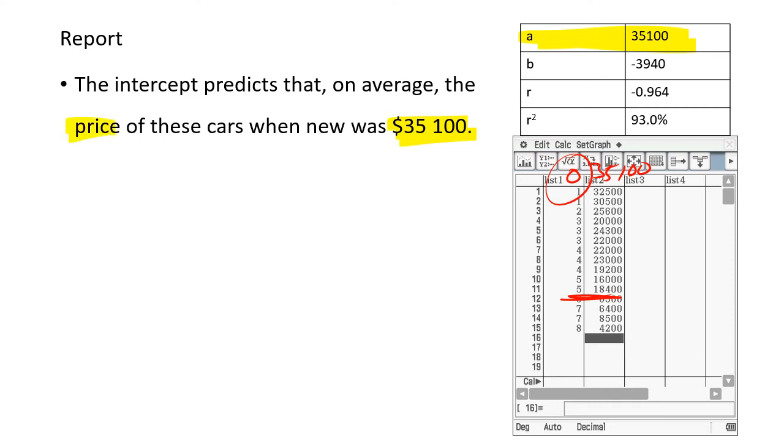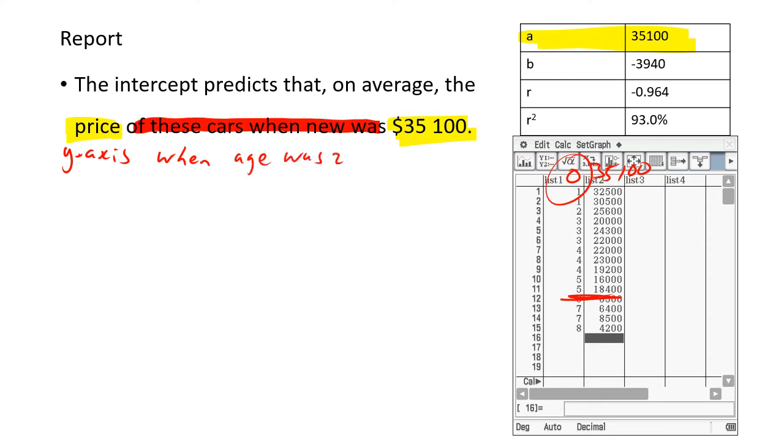Now the price, we can keep that. What was the price? That's the y-axis. And you could say of these cars were new, but let's just make it a bit more generic. So let's cross that out. And just make it a more sort of normal sentence, which is on average, the price when age